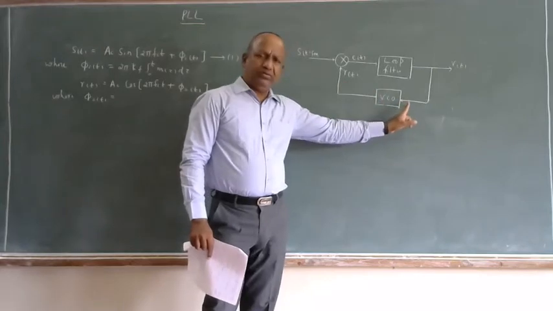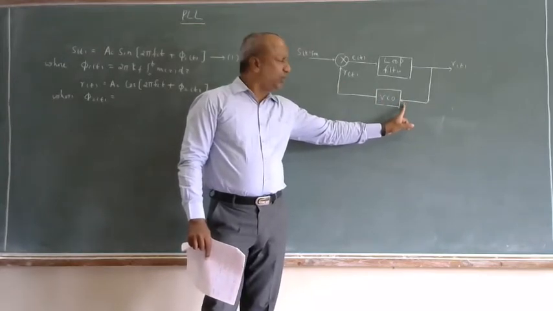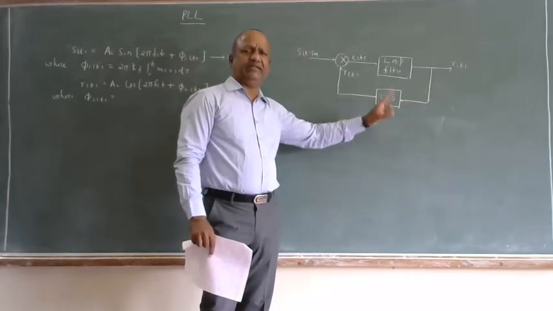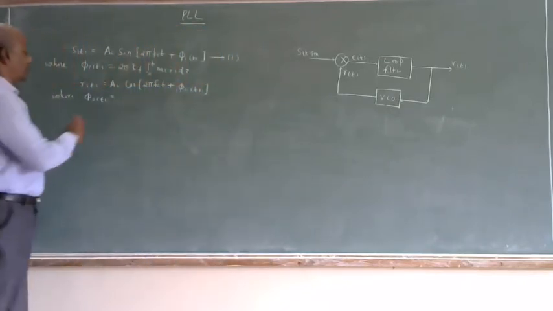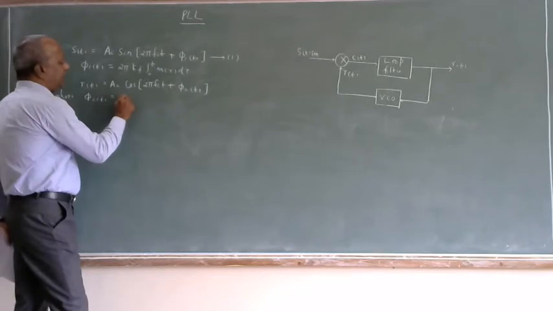So now, as it is going to act like a control signal, like a message signal, I can write phi 2 of t equals 2 pi